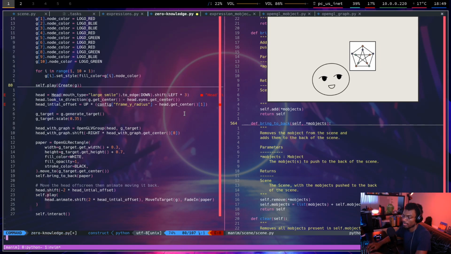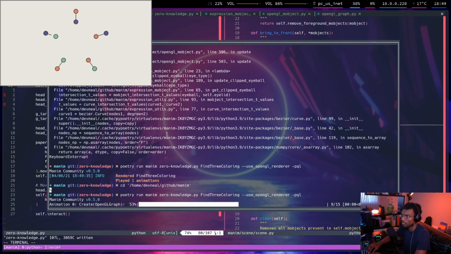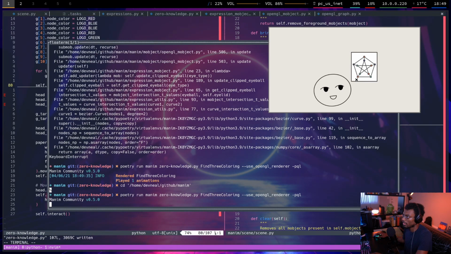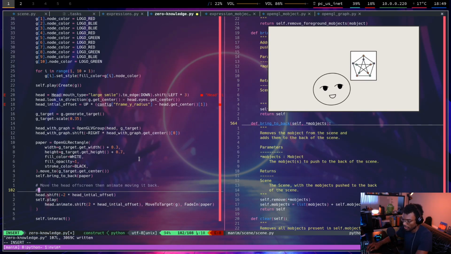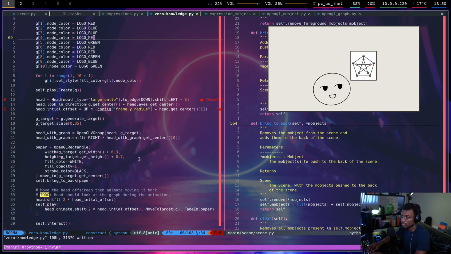I'll actually show the creation. Let's see how that looks. Okay, that's actually great. I'm gonna put a to-do here. Head should look at the graph during the animation. Okay, so that's fine. Now I'm gonna want another person to